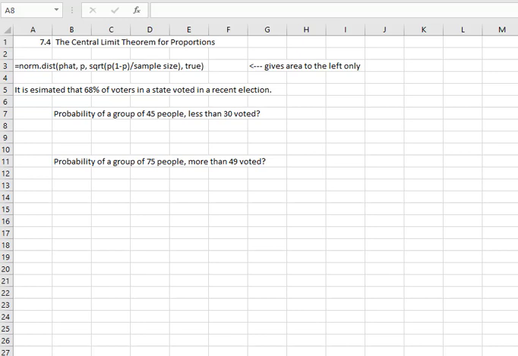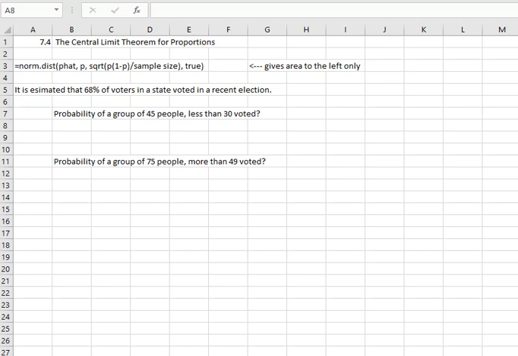Hello, statisticians, and welcome to Section 7.4, Excel tips on the central limit theorem for proportions. This is going to be similar in idea to what we saw with the central limit theorem for means, where we had a sample and we were looking at the average and adjusting the standard deviation for that sample. We're going to also adjust our standard deviation here for proportions with a slightly different formula because we're in the